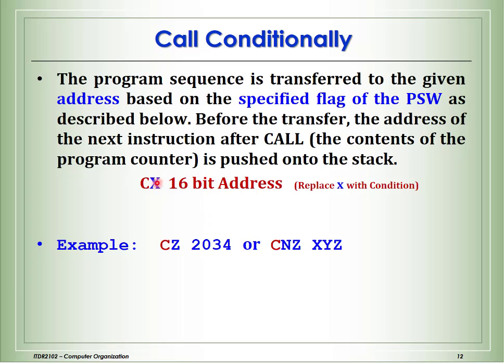It is the same, but you only need to meet the condition. Here, if you see the X in blue color, you can replace it with any condition, for example, CZ, CNZ: call if equal to 0, call if not equal to 0, like this.